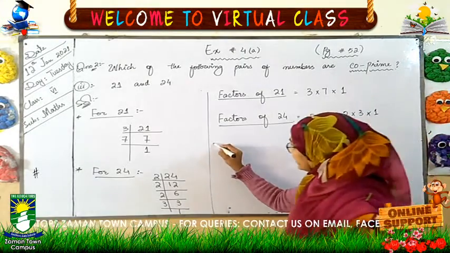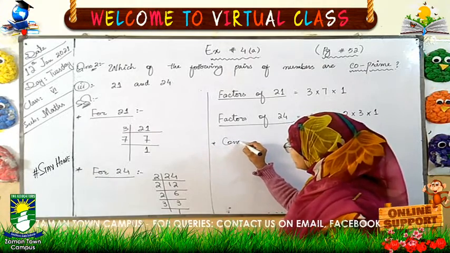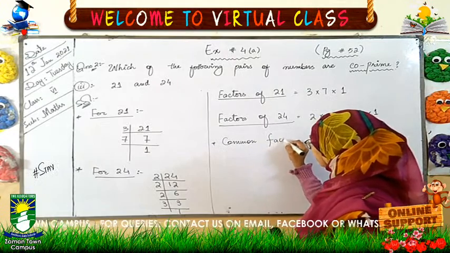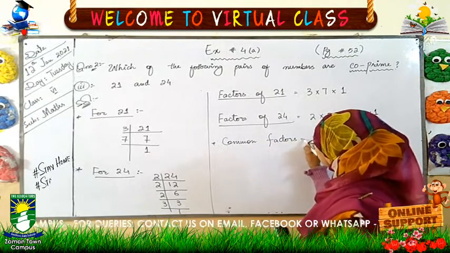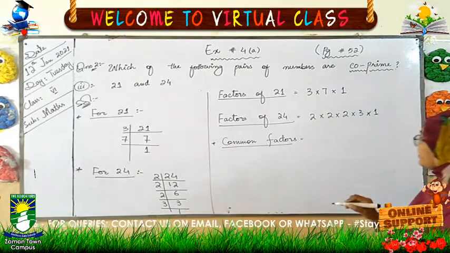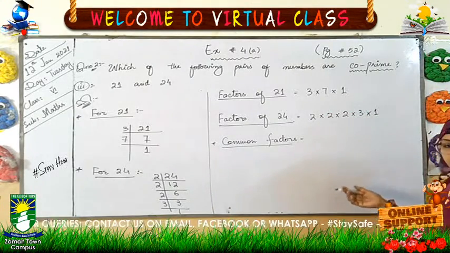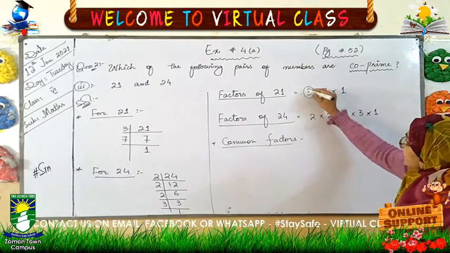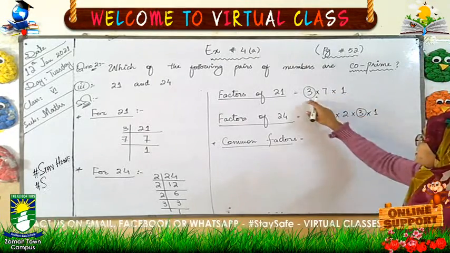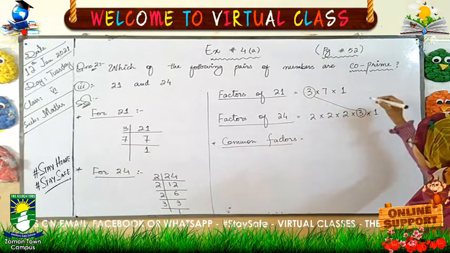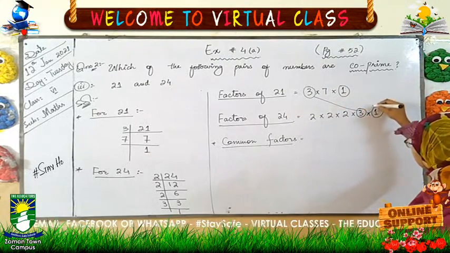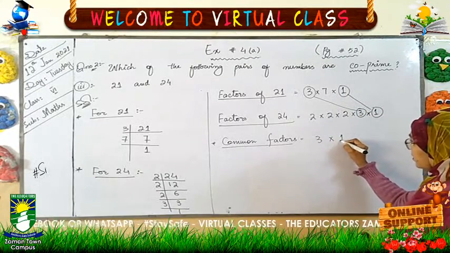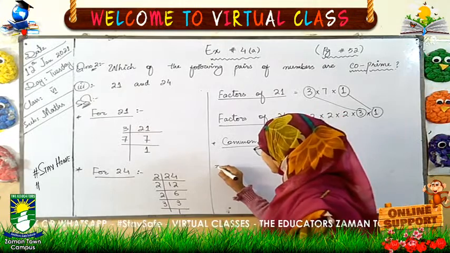Then we have to write down the common factors, a factor which is present in both. Do we have any common factors, or is there any number which is the same in both? Yes, we have a common factor, that is 3. 3 is the same in both. And then 1. So we have 3 and 1 as the common factors, and then we will write down the